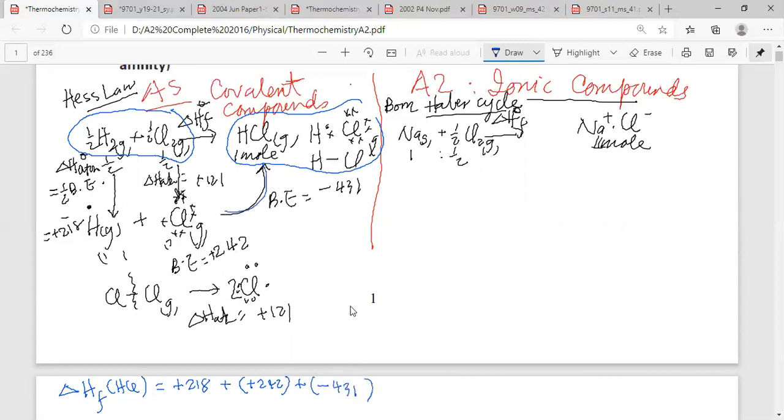So in this case, this is route 1, and this one here is route 2. So you can find out the heat of formation. Now this is a covalent bond. Now I want you to see the difference between a covalent substance and an ionic substance. The route is about the same one, of course, they go to different sorts of